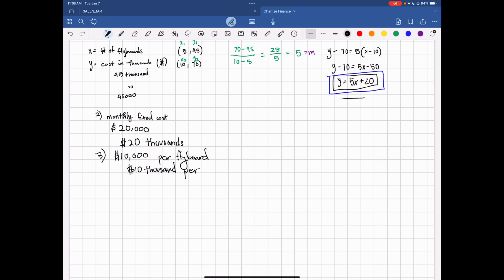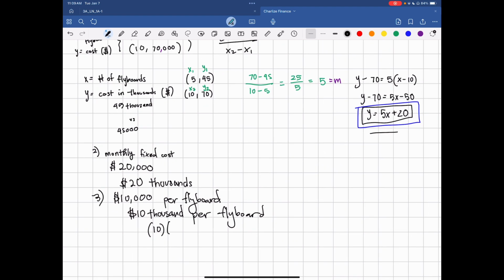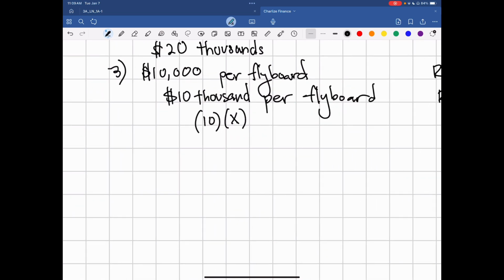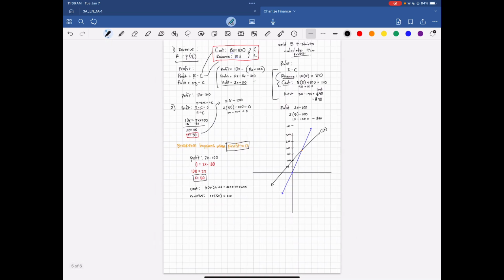But you would just do the price, which is 10, times the quantity. The quantity will be represented by the number of boards, and earlier we said it was X, so 10 times X. So the revenue equation is R equals 10 times X, or R equals P times Q if you're using the actual definition of the equation. And then for the next one, number 4,